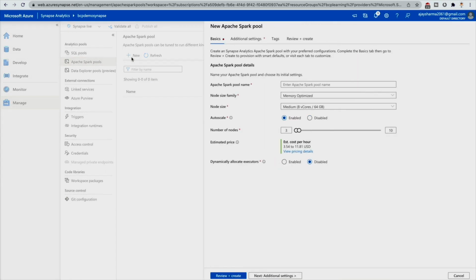Here you have to mention all the names and you have to select the node size and the other options as well. So let me do it quickly. The very first is the Apache Spark pool name. We are going to name it Spark1. Next comes the node size family, which you can select as memory optimized, which is the default. And then you have to select the node size, which we are going to select as the small one, not the medium or the large one,